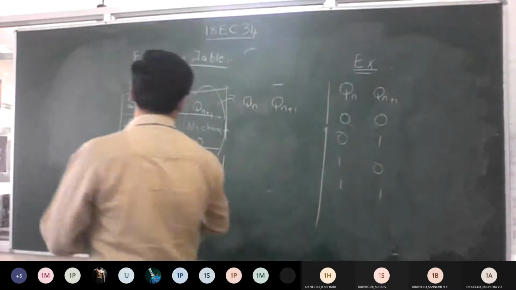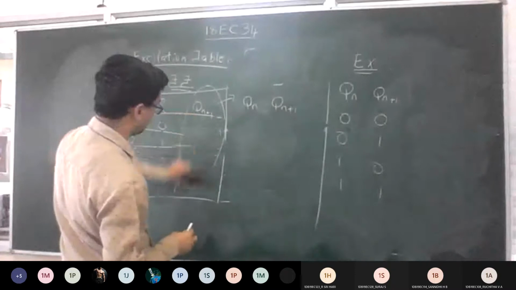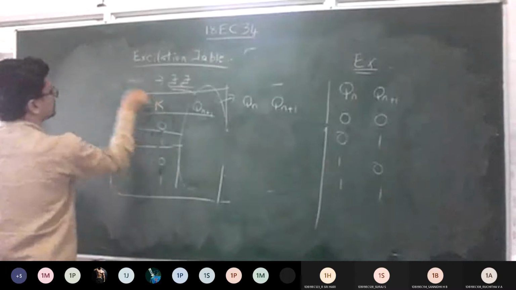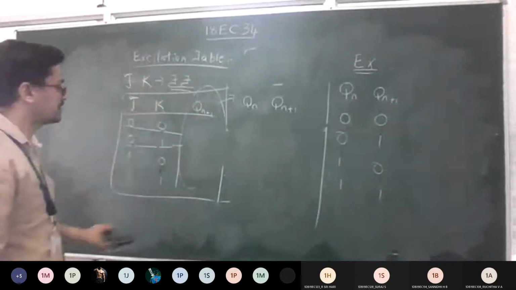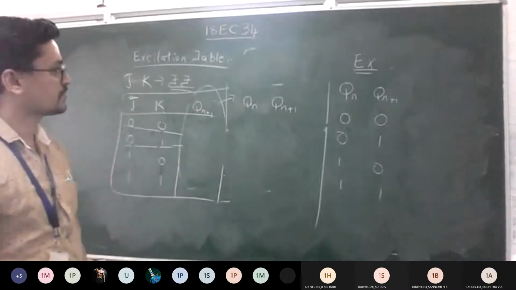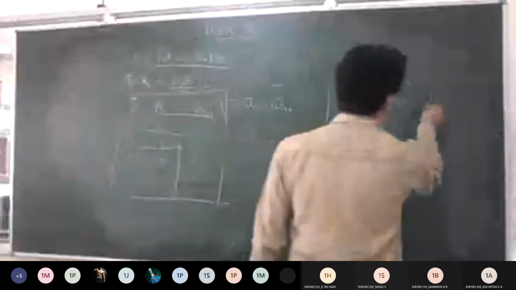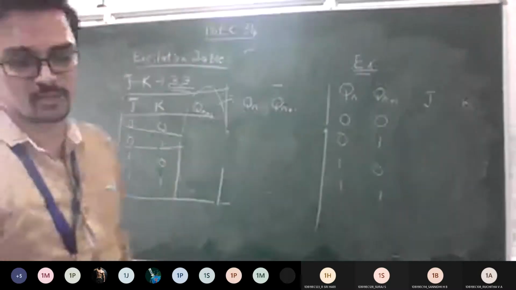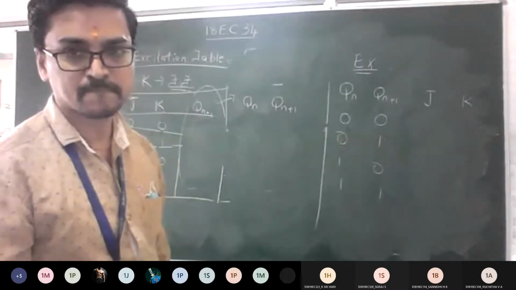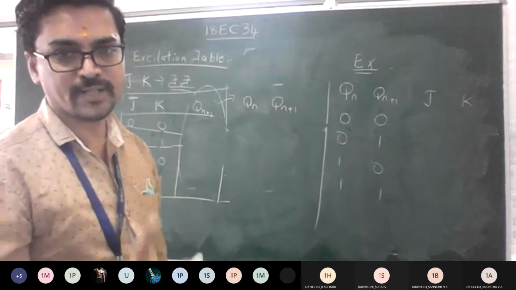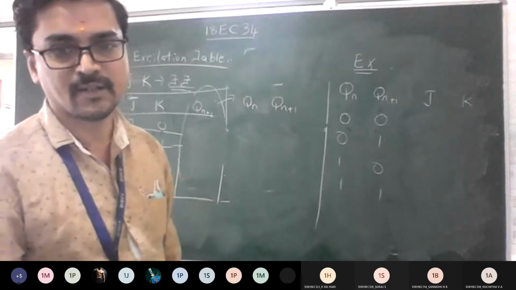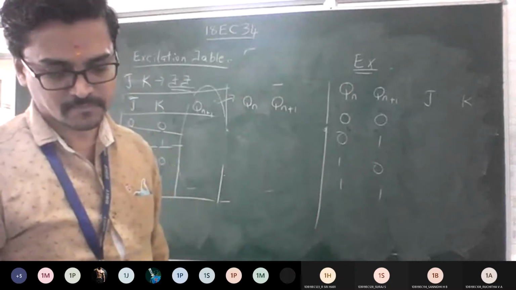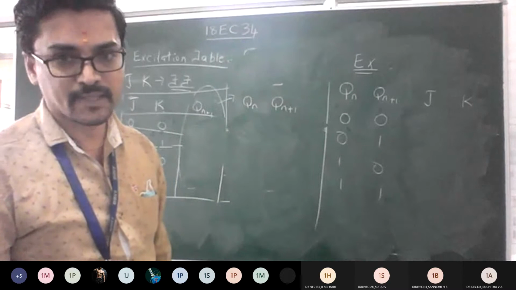We'll just change the sequence. This remains the same, and you tell me what will happen for this. So the excitation table for the JK flip flop. We'll go one by one. For the 0 0 condition, what is the output here? I told you a JK flip flop is nothing but an SR flip flop only. Only for the 1 1 condition there is toggling occurring. Correct or wrong?